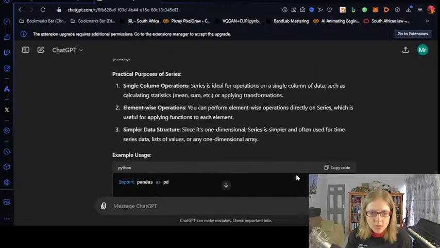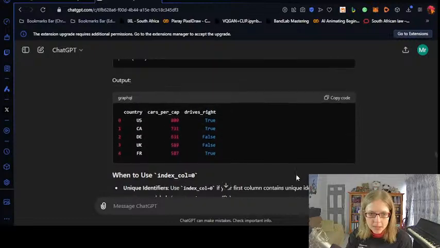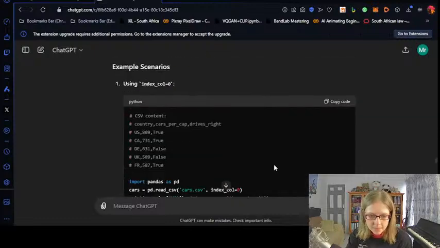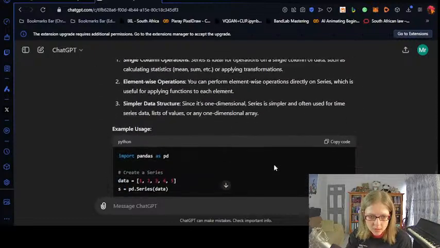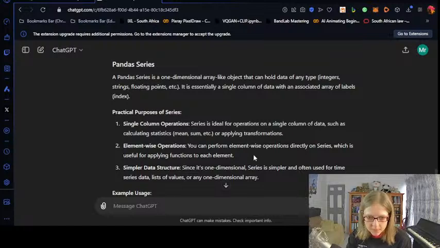So let's just go up here. I did highlight something. I just want some clarity on element-wise operations. What do we mean by